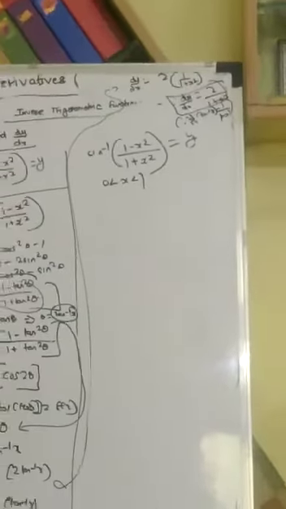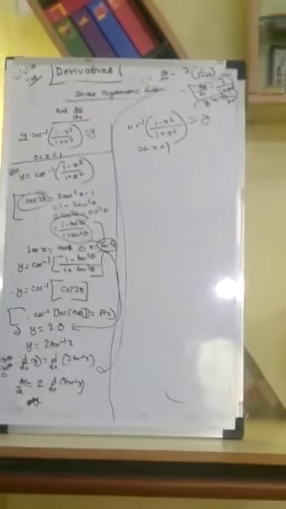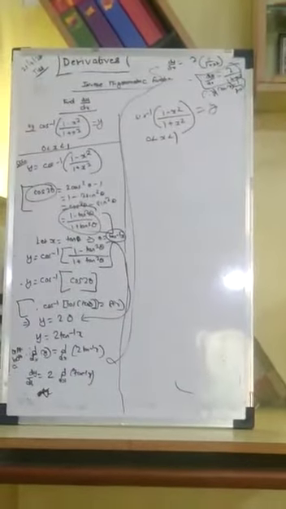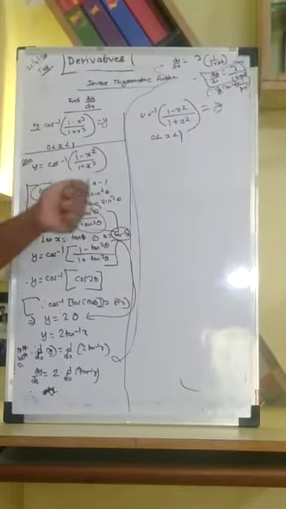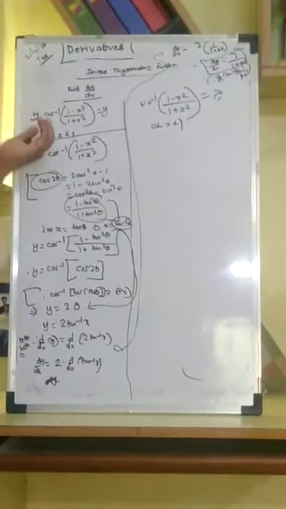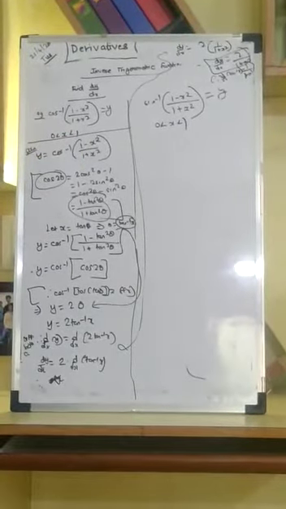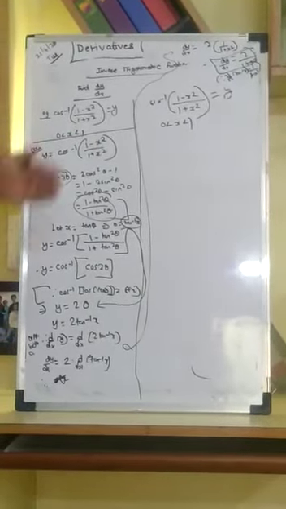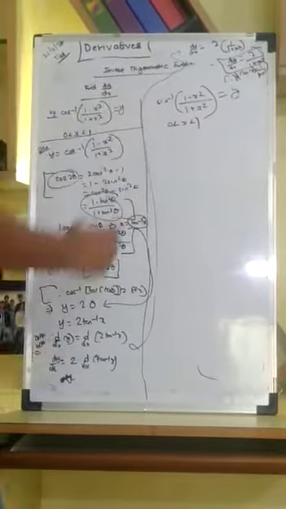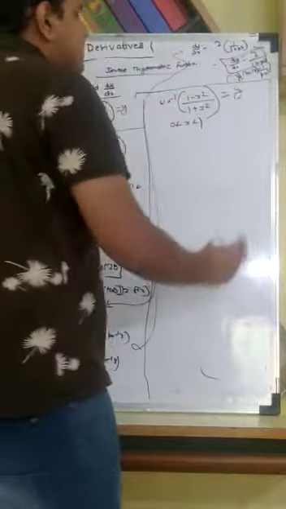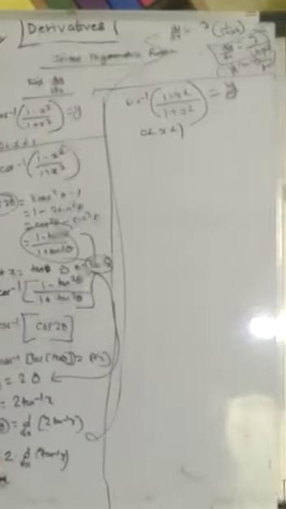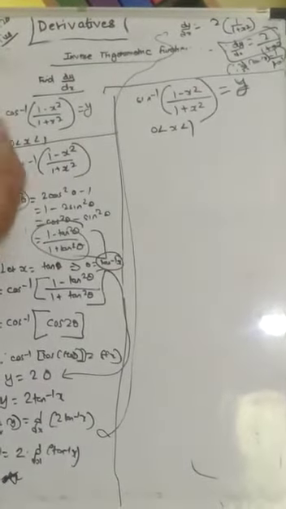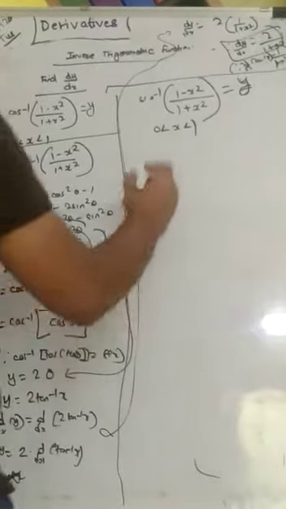So that is the first sum. Where did we use this value, 0 smaller than x smaller than 1? Nowhere really. It was just for our information that the inverse trigonometric value lies within the first quadrant. Also, something similar: sin inverse of (1 minus x square) upon (1 plus x square) is equal to y, and I have 0 smaller than x smaller than 1.